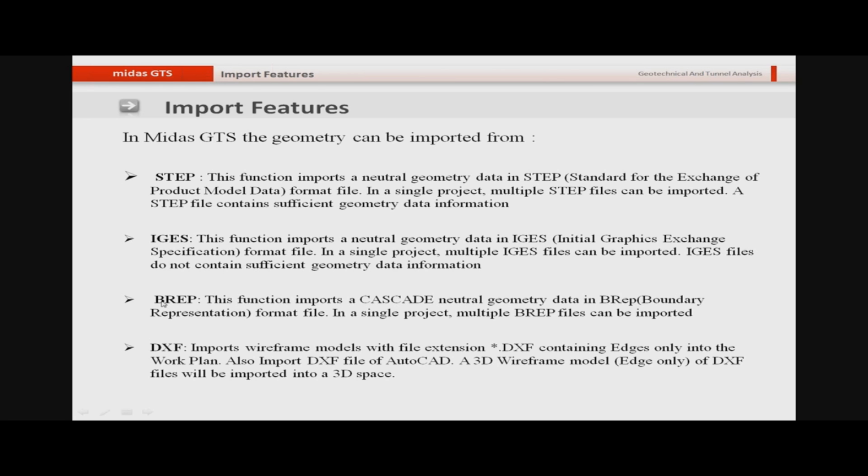If you want to import BREP, which is boundary representation format of file, then you can import it. And if you want to import AutoCAD drawings, AutoCAD files, then that is also supported. You can not only import the two-dimensional drawing, but if you want to import the three-dimensional drawing, then it is also supported.